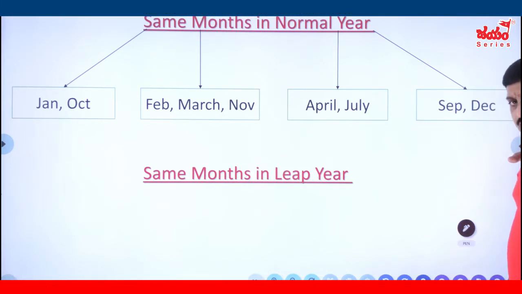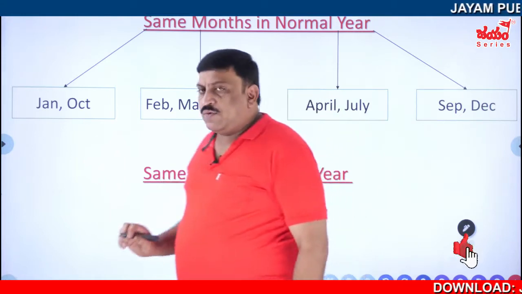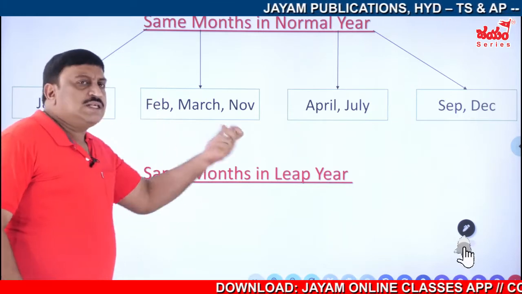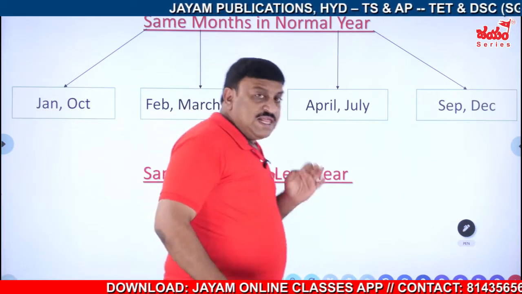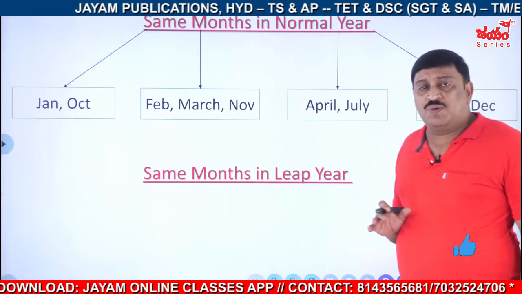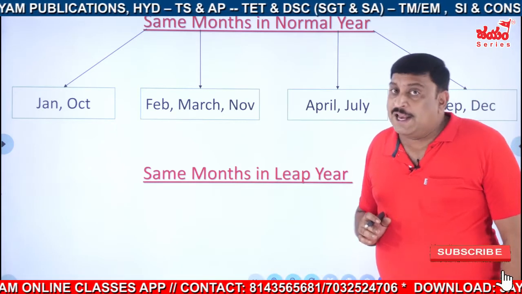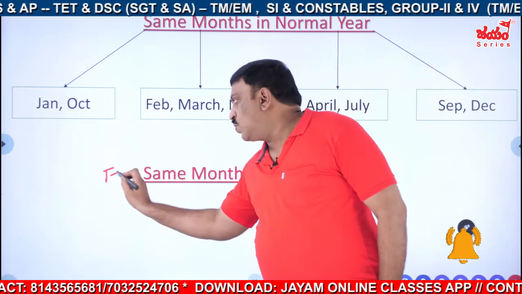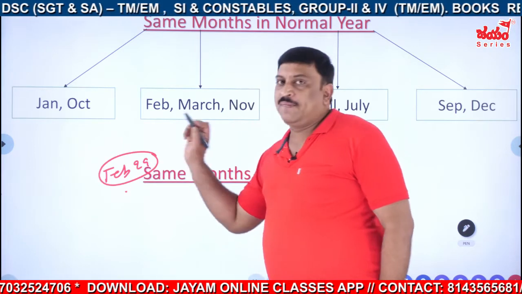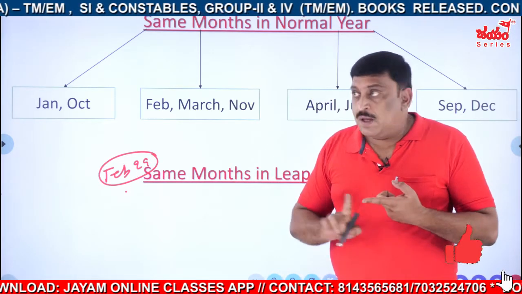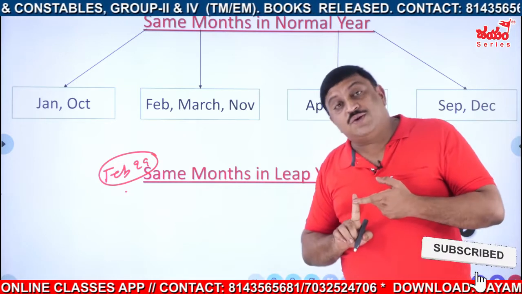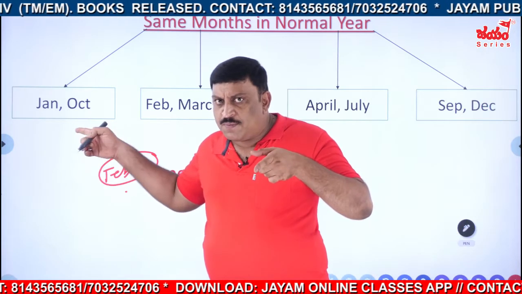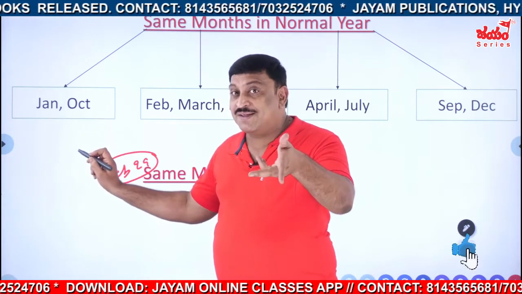Okay, that is, the first one is, see, the point, if you try that one, I will let you know, if this is the case for normal year, in this one, which will be disturbed due to leap year? In leap year, why it is leap year? Because February 29th comes here. Is it not? February 29th comes. Since February 29th has come, some groups will be disturbed here. Which are those? Just see. January and October, February 29th has come in between. Okay, definitely this will be disturbed for leap year.